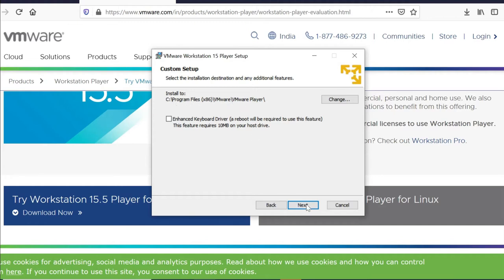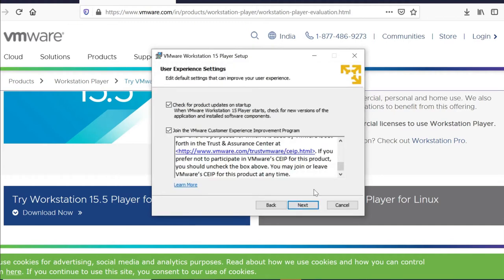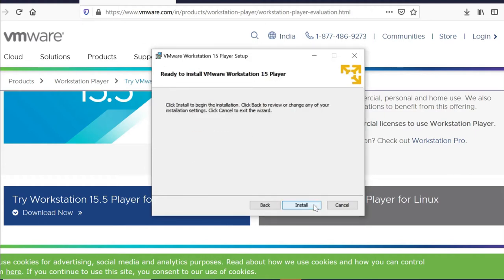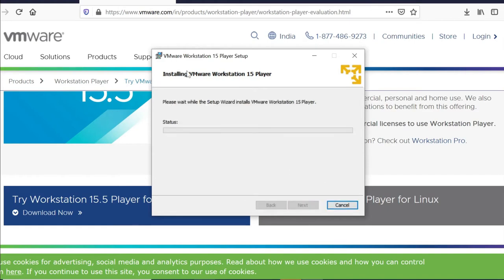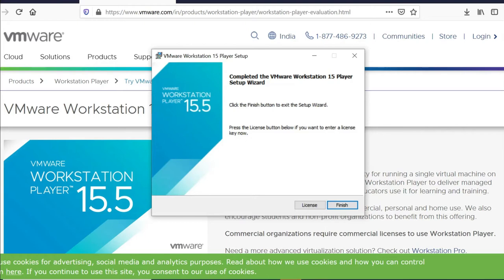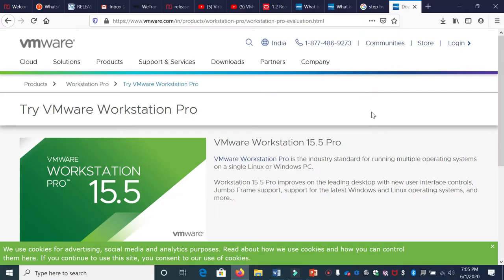Then click Next. Keep on clicking Next. Click Next and then click Install. Just wait for some time till it gets installed. So now you have finished installation and then you can click Finish. You have downloaded the hypervisor, which is VMware Workstation Pro 15.